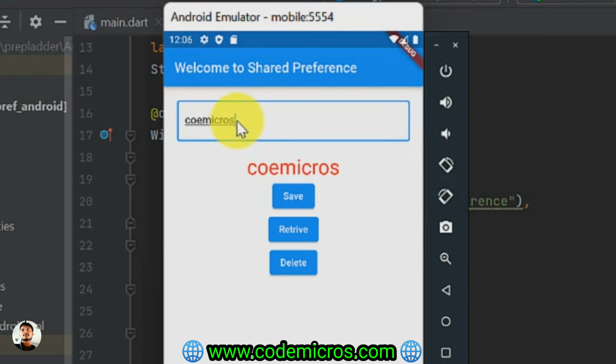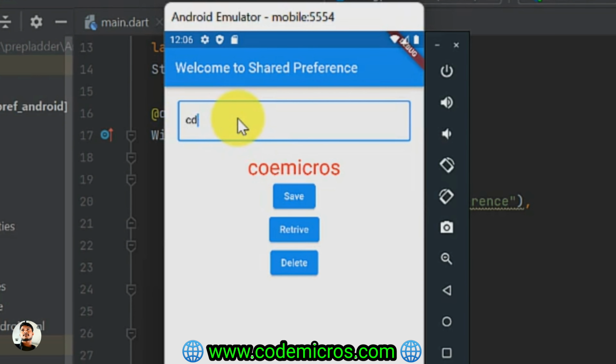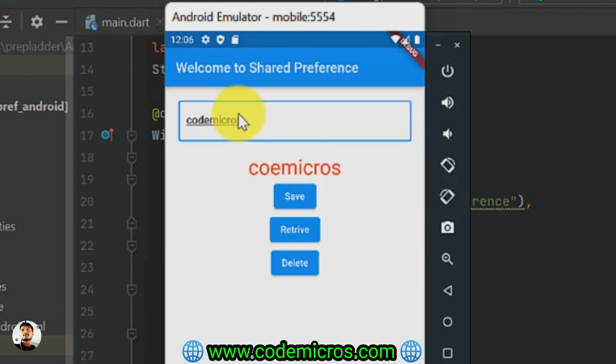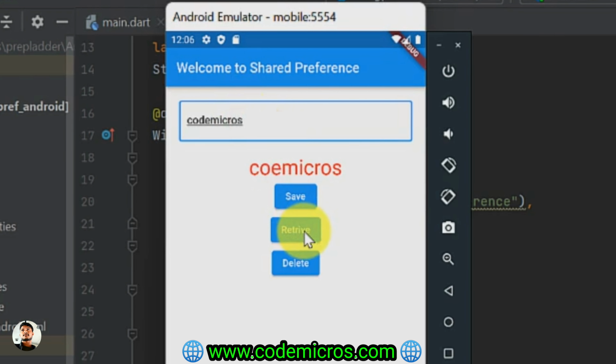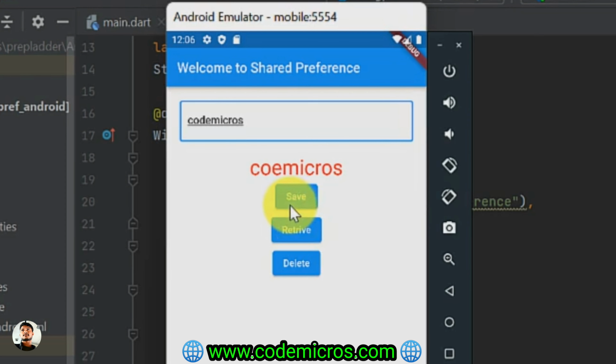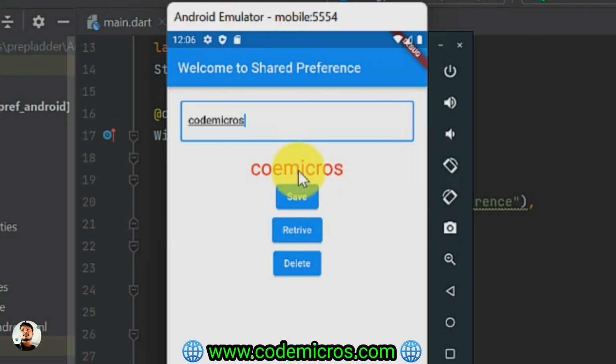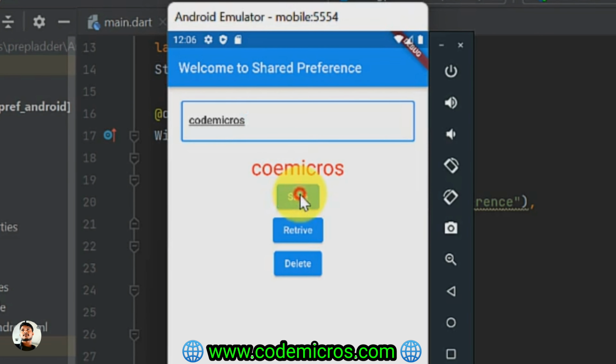Now I am going to change it, just like this. I didn't click on the save button, so the previous data present in SharedPreferences will still be there. Nothing has changed because I didn't click on save. So when I click on the retrieve button, it shows the same data as before. Now when I click on the save button and then on the retrieve button, you can see the data